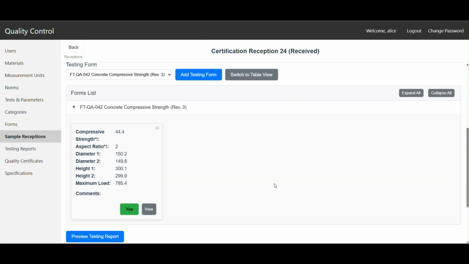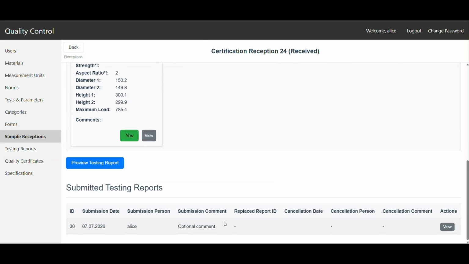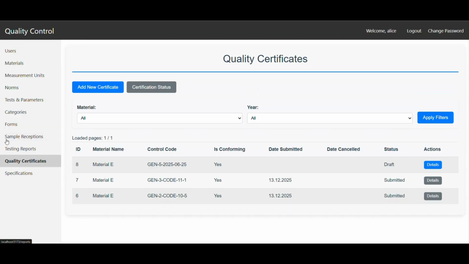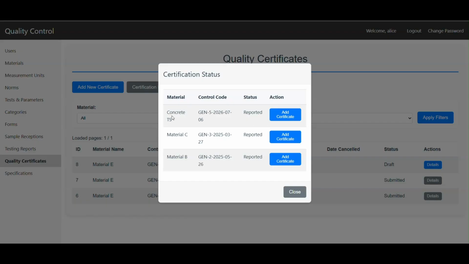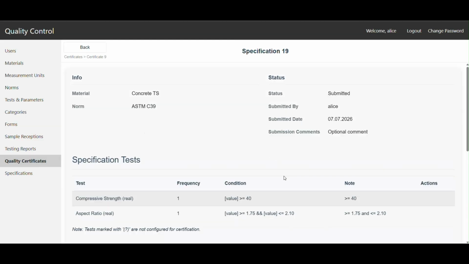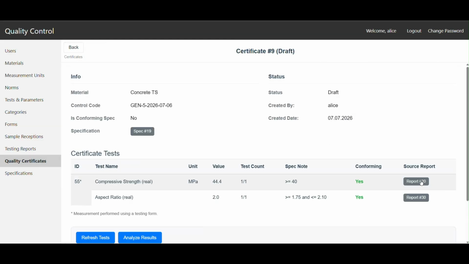It's worth mentioning that also the report has been submitted. This is not the final certificate. The certification will be done by a designated laboratory personnel. It will check the pending certifications. We see our samples in here. We will add it here. This person will check the conformity of the material. If everything is all right, it can check the specification. It can check the reports,